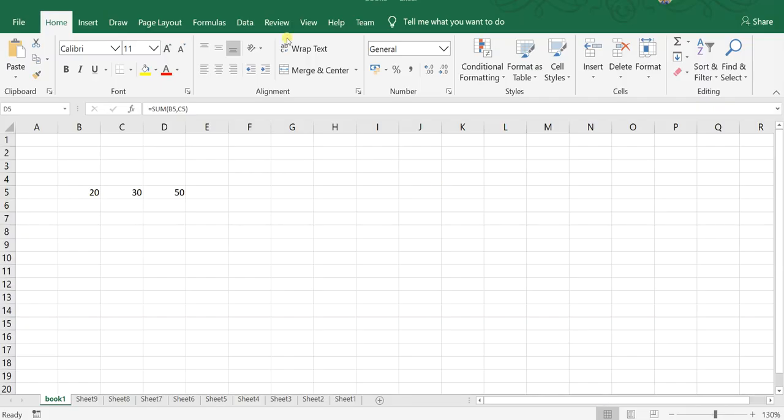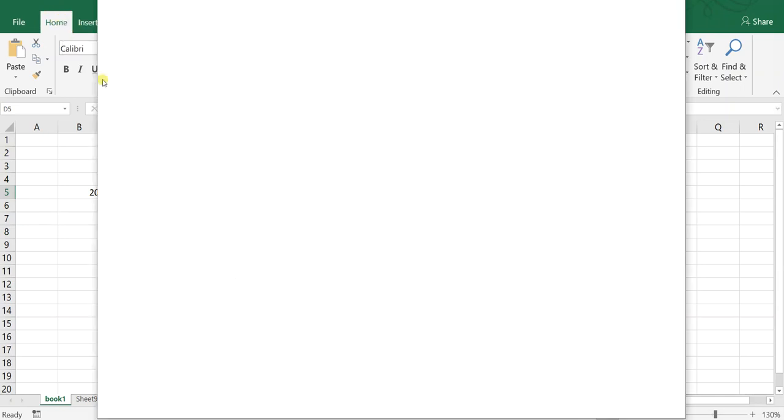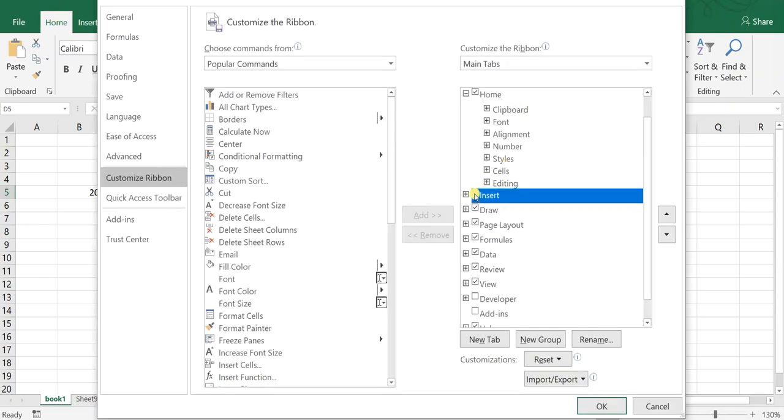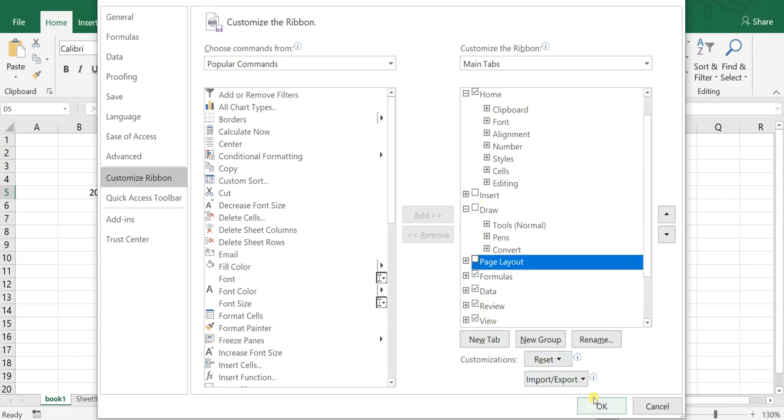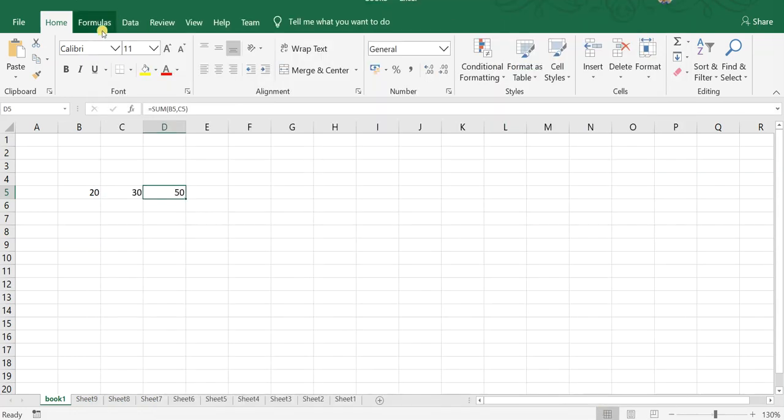And let me show you one more thing here. Suppose I have Home, Insert in this ribbon. If you want to view or hide these tabs, you can do it by using Customize the Ribbon. Just right click here, Customize the Ribbon. So if I unselect Insert, Draw, Page Layout, they will disappear. See, I cannot view the Insert button here.